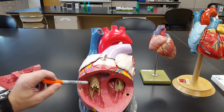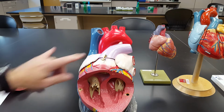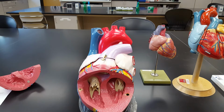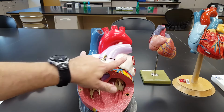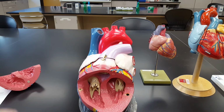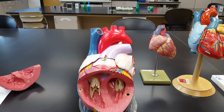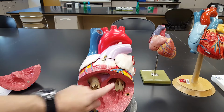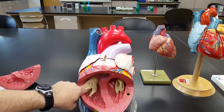So what I have are 2 very large valves here and here, separating the 2 atria from the 2 ventricles. I'll say that again. 2 very large, serious looking valves here and here, separating the atria and the ventricles. These are often called the atrioventricular valves because they separate an atrium and a ventricle, but much more common than this, you will hear them referred to by how many cusps they have. Bicuspid over here on the left side, this is the bicuspid valve, and the tricuspid valve over here on the